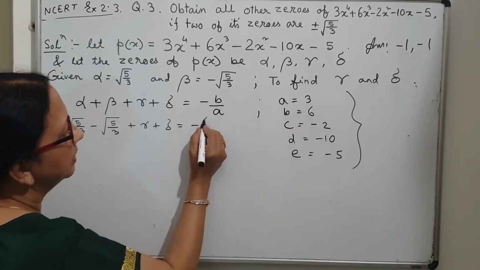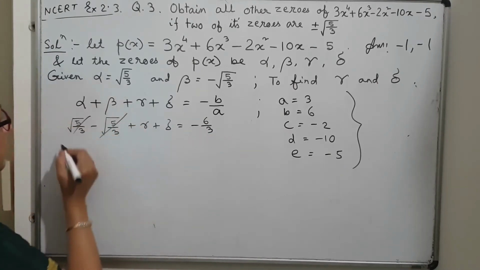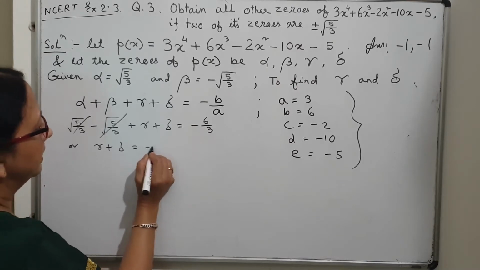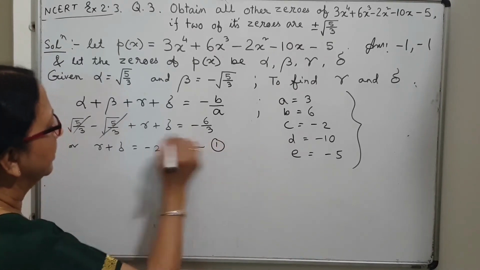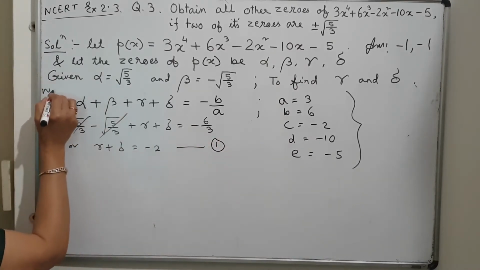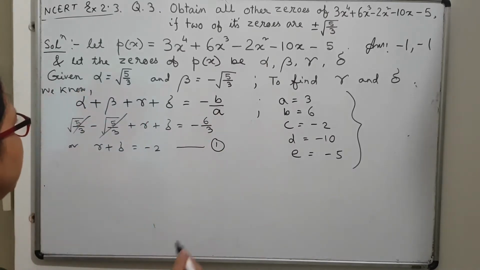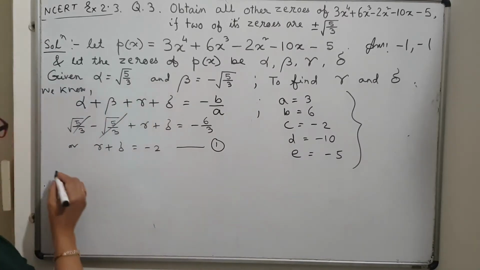B is 6 and A is 3. Getting cancelled, gamma plus delta is equal to minus 2. So I got one relation. This is the first relation I have used. I'll use the last relation. What is that? Also